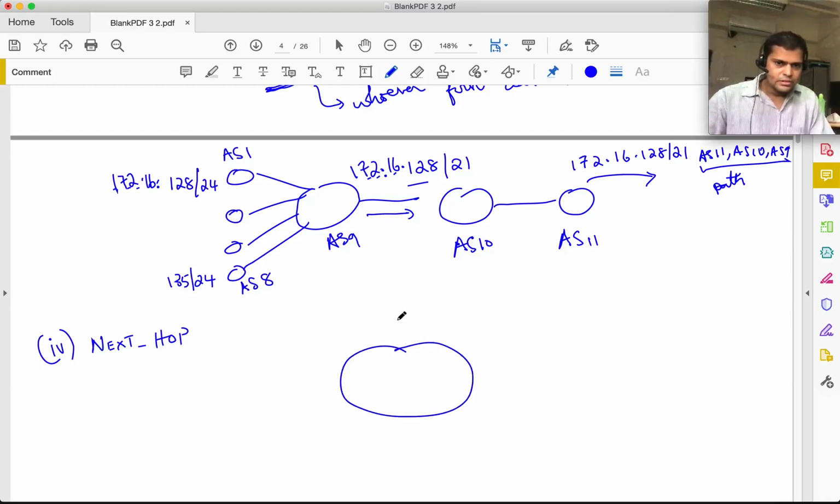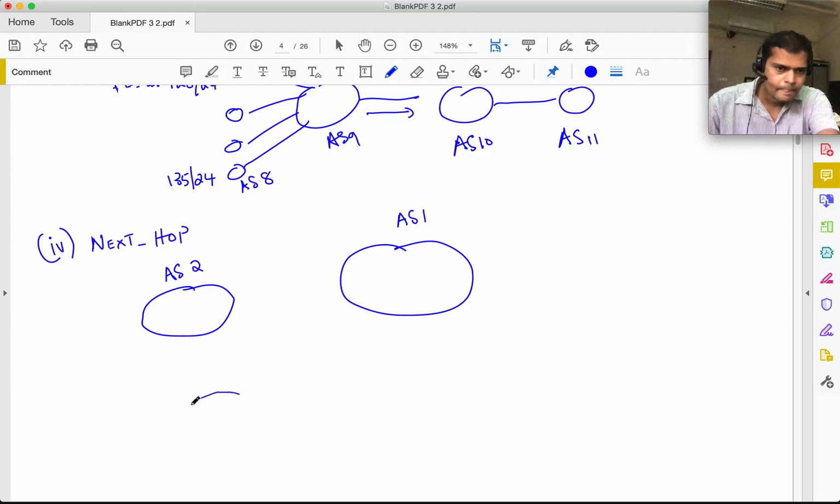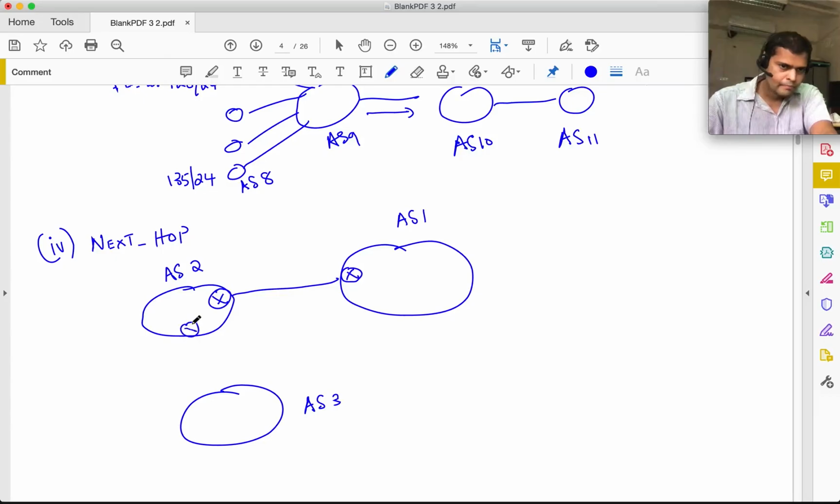So suppose there's this autonomous system, let's say AS1, AS2 and so on, AS3. This is the last router within this autonomous system, and it is connected to, let's say, one autonomous system here. Okay, let's say we have a situation like this. And let's say that there is an IP prefix here, let's say 150.10/16. Okay, let's say this particular whole prefix has been allocated to this autonomous system, and let's say this has